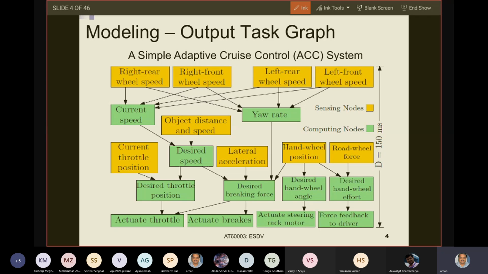So firstly, as I said, you have a rough idea of the system that you want to design in mind, in English or in your mother tongue. It's just a rough sketch of what you want to design, and then you come up with models in terms of state machines, and from those models you generate such task graphs. So this is the task graph of an adaptive cruise control system that we had studied. Now you have models for each of these blocks. After this comes the output of modeling. So you already have models for each of these blocks, and then you generate